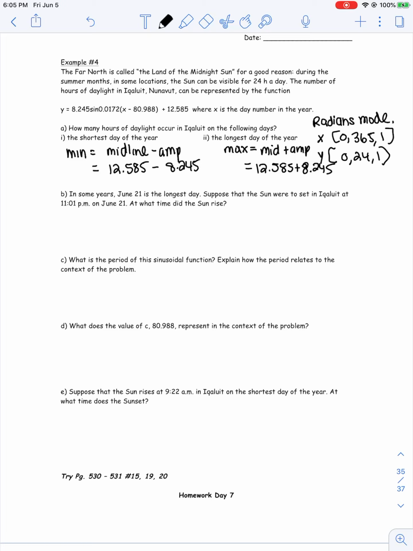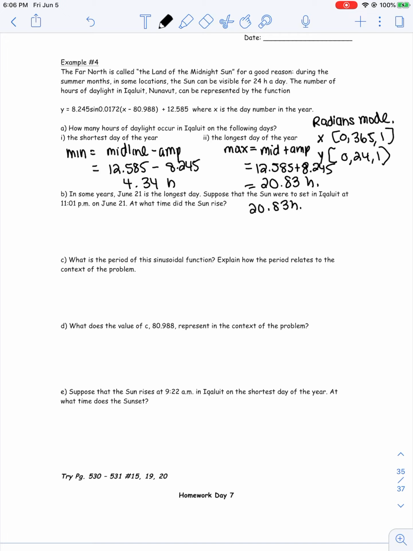So 12.585 subtract 8.245 equals 4.34 hours of daylight. 12.585 plus 8.245 gives us 20.83 hours. So in some years, June 21st is the longest day, which is where you're going to have 20.83